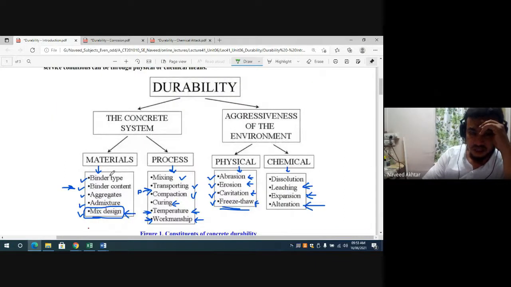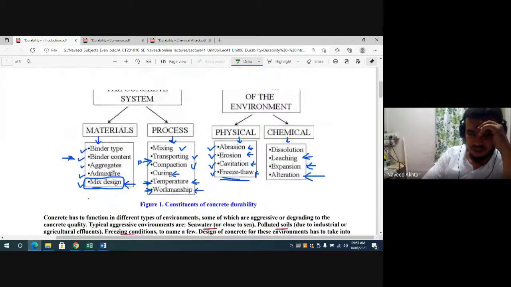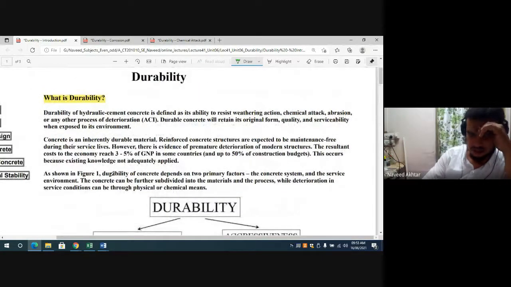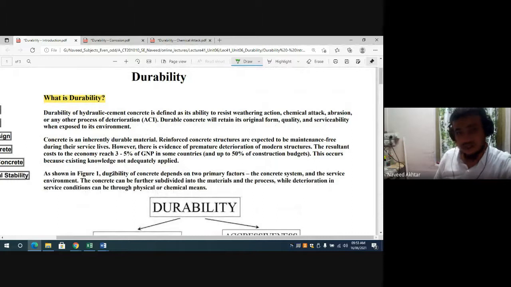So this is all about the durability of concrete, and every year there is a compulsory question on the durability. So you study. I will share this material, and many videos and materials are available on the internet. You just need to have the passion for learning. If you have a passion for learning, you search that, and you can benefit from that.